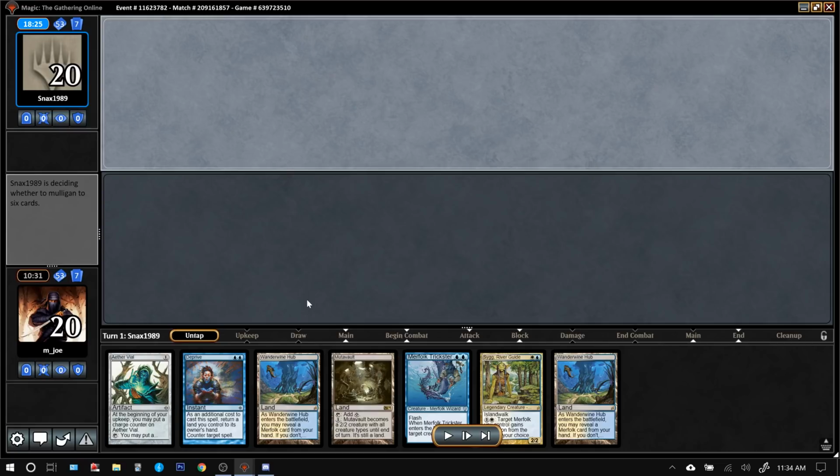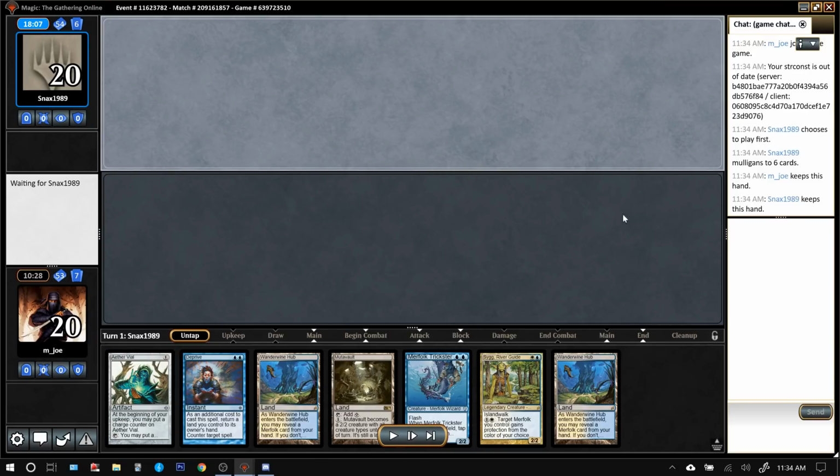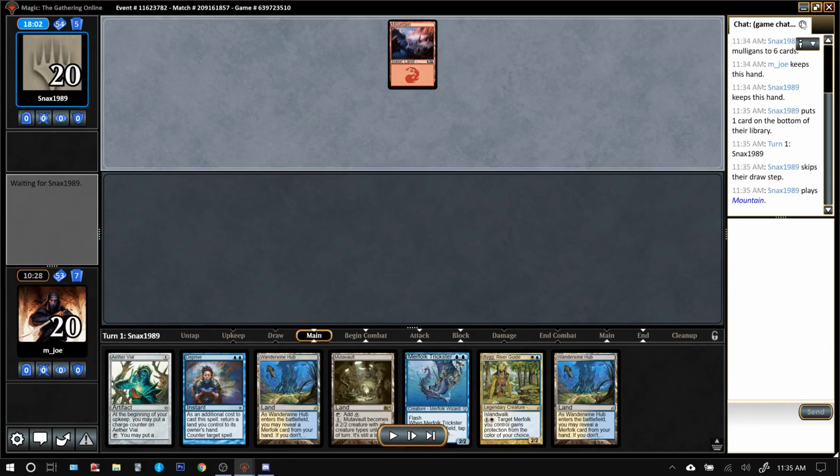This looks pretty good, right? Great hand. Yeah, we've been getting good hands. We'll have AEther Vial here. Trickster can turn off a Boros Reckoner, so it's sort of like an anti-combo card. Unfortunately, the opponent is mulliganing again, but at least they kept on 6 this time. And they went to the bottom, so...